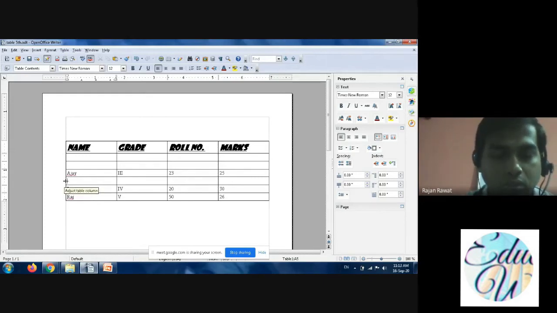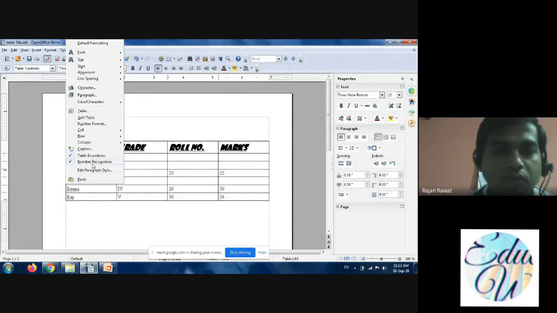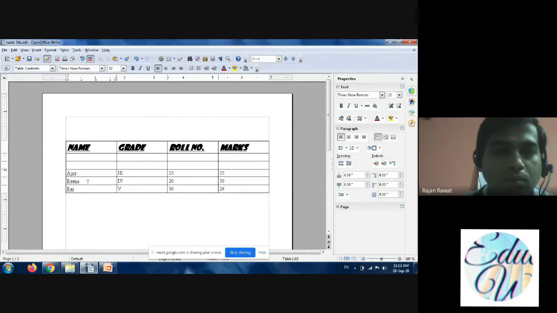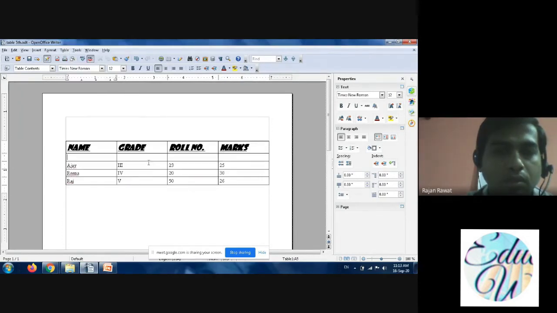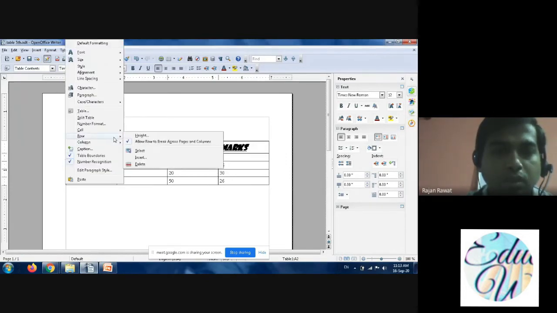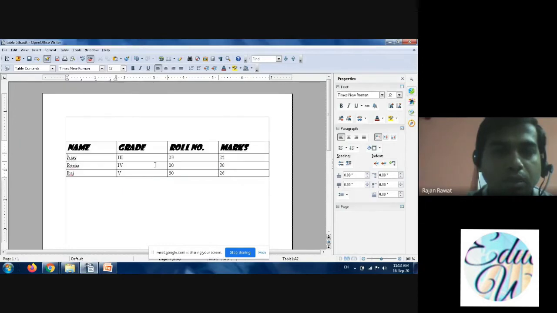Again I will show you how to delete a row. You have to click the right button of the mouse, then go to row, then select the delete option. You can see one more row is deleted. In the same way, you can delete all these rows one by one. Look, I have deleted all. One more is remaining. So you have to select row, then go to the delete button. So in this way, we have inserted also and deleted also. Both tasks are done, but in terms of row.